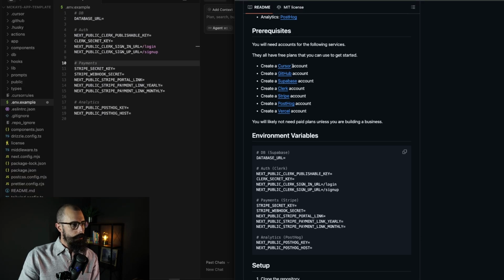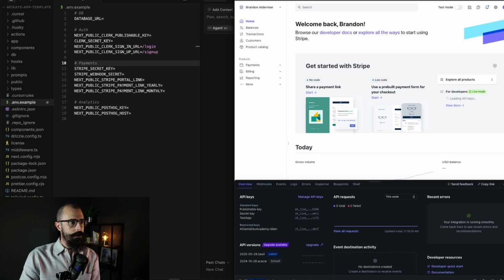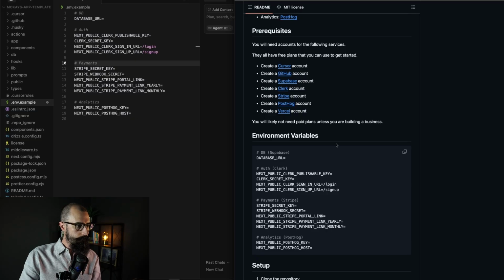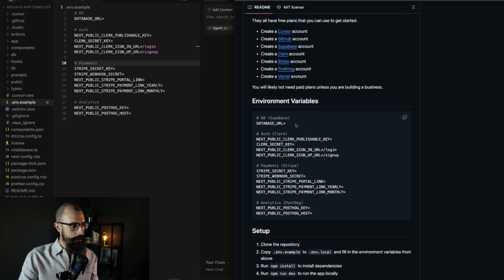And he tells you what you need to do. Okay, create a cursor account. We do have that. I'm obviously not going to go through creating accounts for all of these because you know how to create an account. Most of it's Google sign on or whatever. Supabase, Stripe, Clerk, Posthog, Vercel. What I did already is I opened some of these. So I have Stripe, I have Supabase, Clerk, I have Posthog, and I have Vercel. And we're just going to start populating this